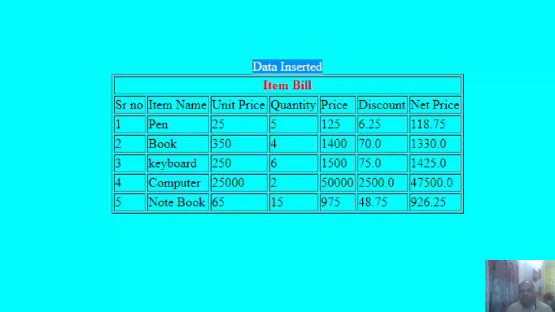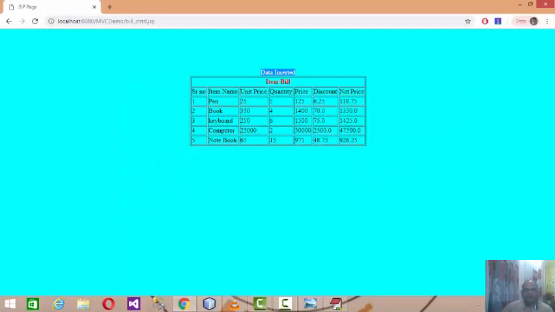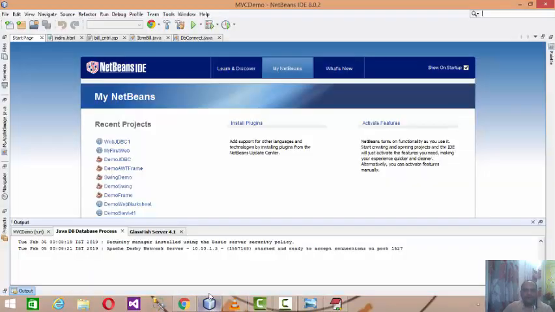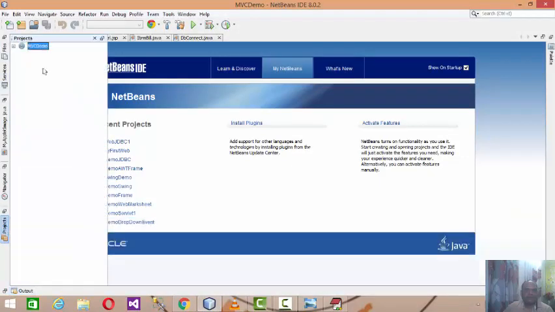So the price evaluated is 975. I get a discount of 48.75, and the net price after reducing the discount is 926.25 rupees. Means my item bill project is able to evaluate the bill for the item.